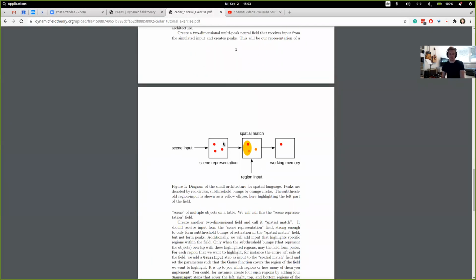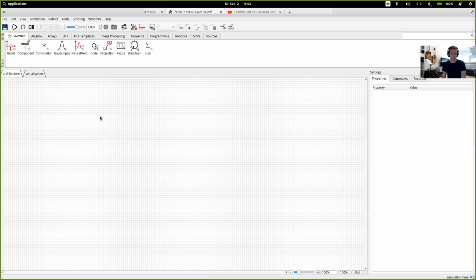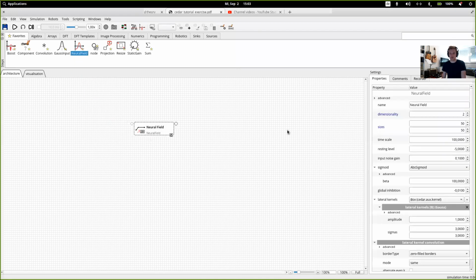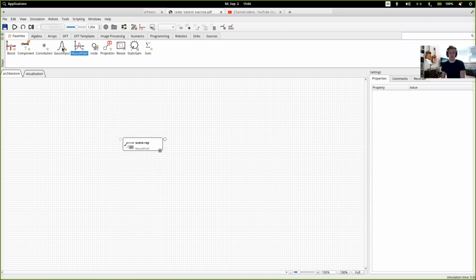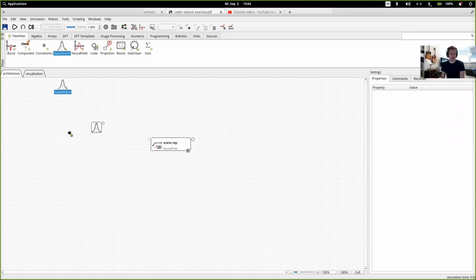It starts with this scene representation field, which is a 2-dimensional field that keeps a representation of the different objects. And again, we're going to use simulated input, which says here scene input. So we're going to build this from Gaussian inputs. So let's build that in the beginning. Put that here. We'll use a field here, and we can already call this scene representation, and not worry about the parameters for now. And then we'll build our little scene with 3 Gaussian inputs,